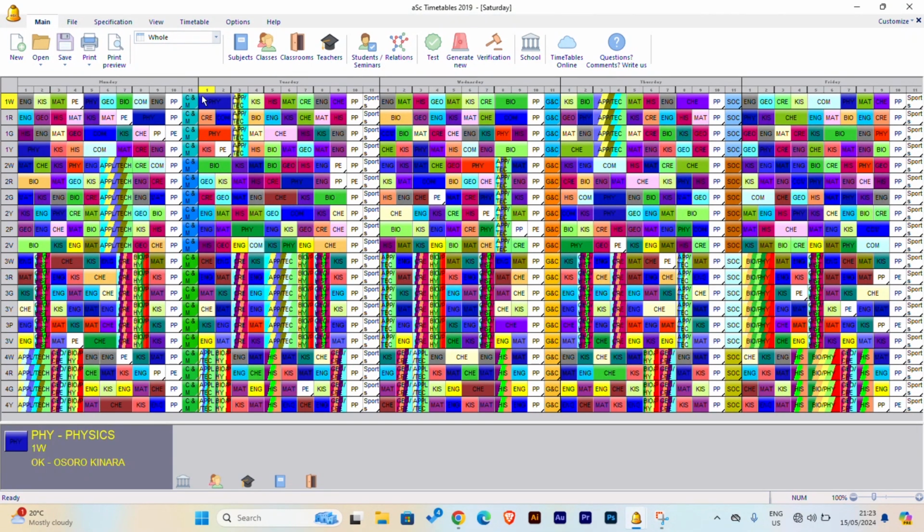Now, again, to define them, one determines the number of lessons that are taught per day, and then in addition to the number of lessons that are taught per day, you add other sessions, e.g. preps, games, and co-curricular activities. The one that you are seeing here, we have lesson 1, lesson 2, lesson 3, lesson 4, lesson 5, 6, 7, 8, 9, and then